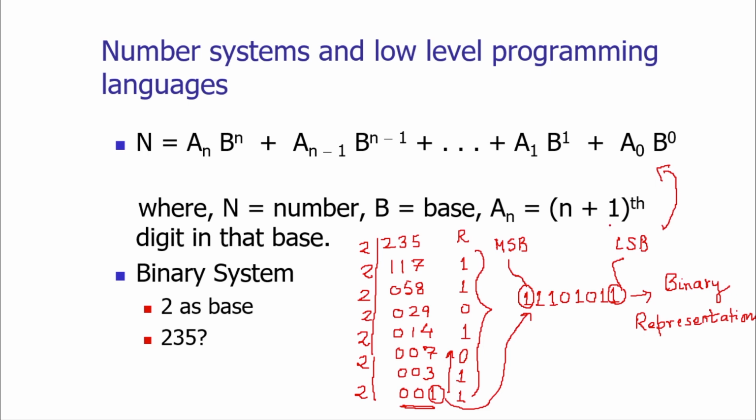Well, this is quite popular and a very simple, general number system that we use, but it takes a lot of bits. If you look at how many bits it consumed, 1 2 3 4 5 6 7 8, so 8 bits or 1 byte is required to represent a number with 3 digits, that is 235. So it is sometimes cumbersome, and not economical as far as memory space and speed are concerned.